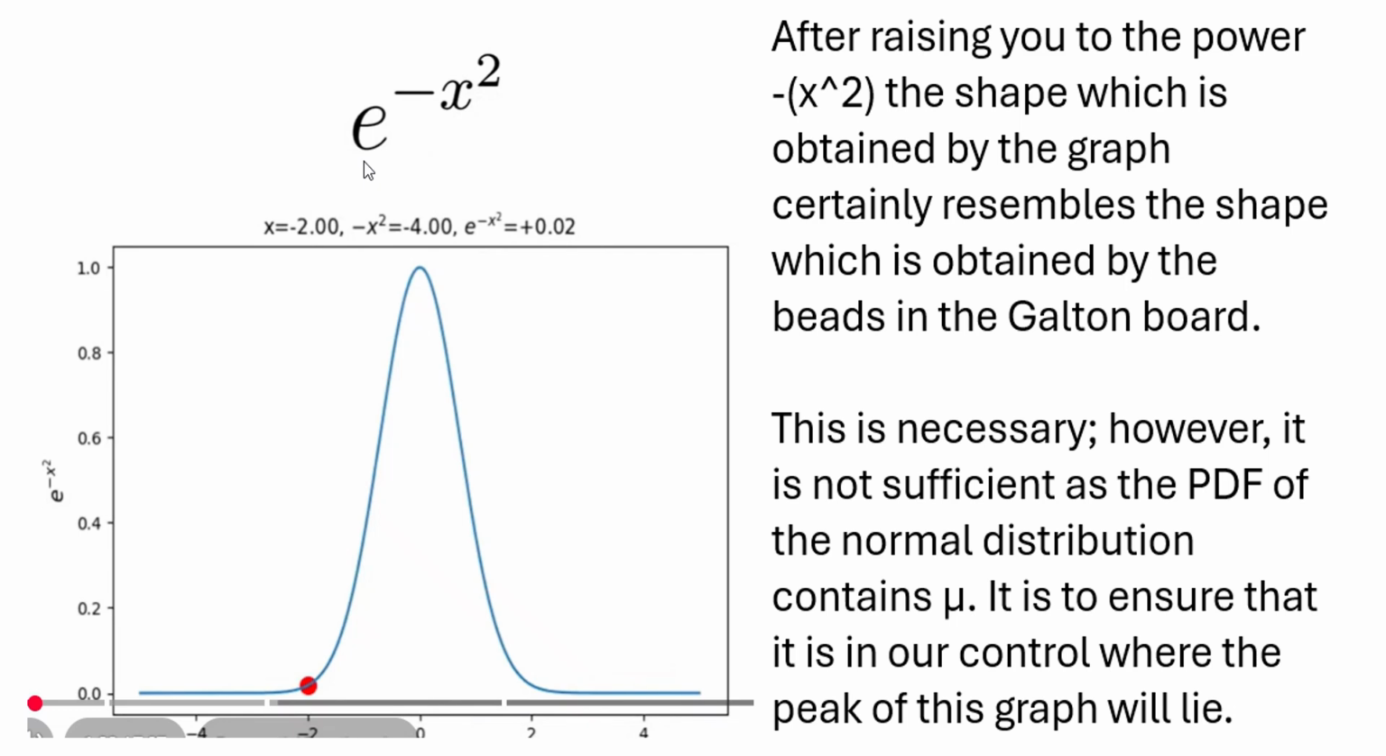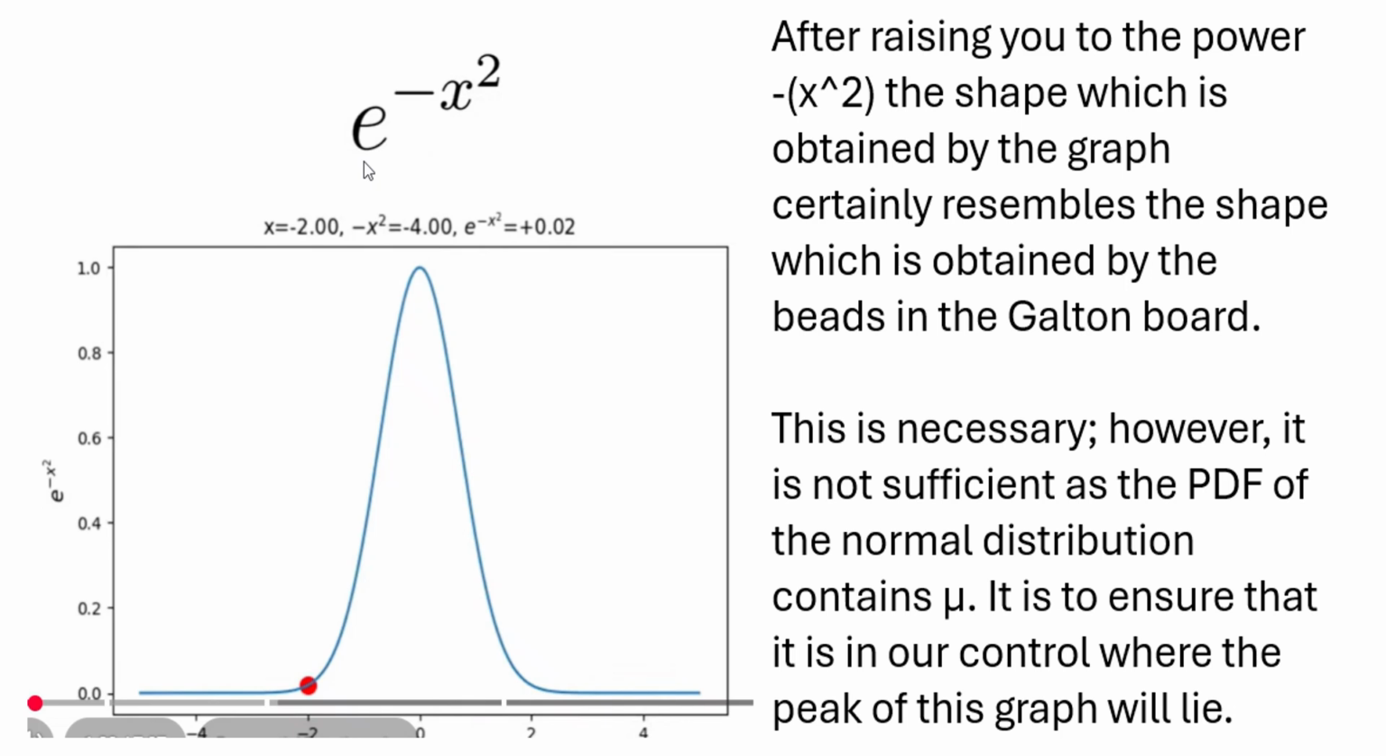So after the previous two failed attempts, we now try e to the power minus x square and see what the shape of the graph of e to the power minus x square is. Here, as can be seen, the shape certainly resembles the shape which was obtained by the beads on the Galton board, and this brings about a successful milestone. This milestone is necessary but is only halfway from the Galton board to the PDF of the normal distribution,